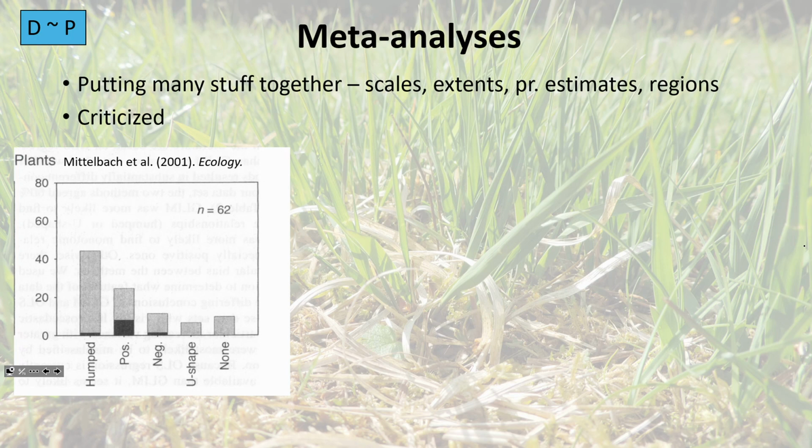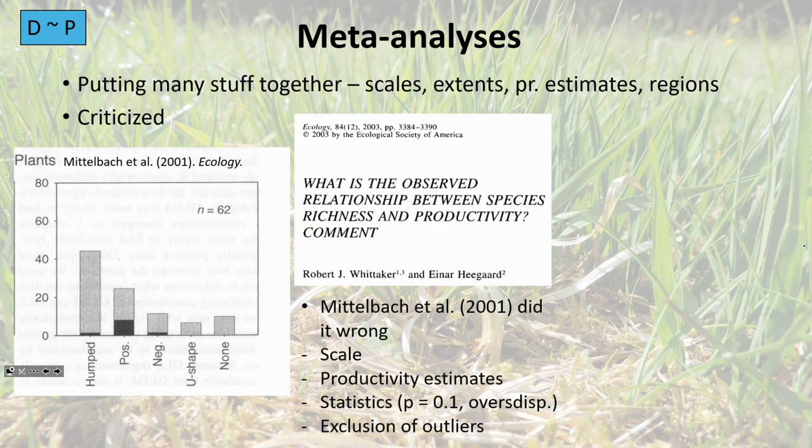One of the first big meta-analyses of this relationship was done by Mittelbach in 2001, who showed that most of the relationships are humpback. The relationship I showed at the beginning had some positive ones and so on, but most of them were humpback. However, there was a critique of this meta-analysis by Whittaker,